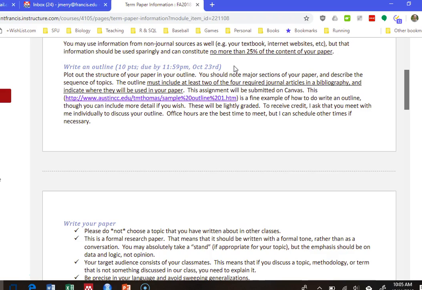But a lot of outlines end up being like a page long, and you're just parsing out the different sections. If you want an example of an outline, I just Googled and then basically hit the I'm feeling lucky button, and that's what I got. But there's no shortage of examples of outlines out there. There's no stringent requirement for format for this thing. The idea is that you're picking a topic, you're identifying your hypotheses, and then you'll come in,